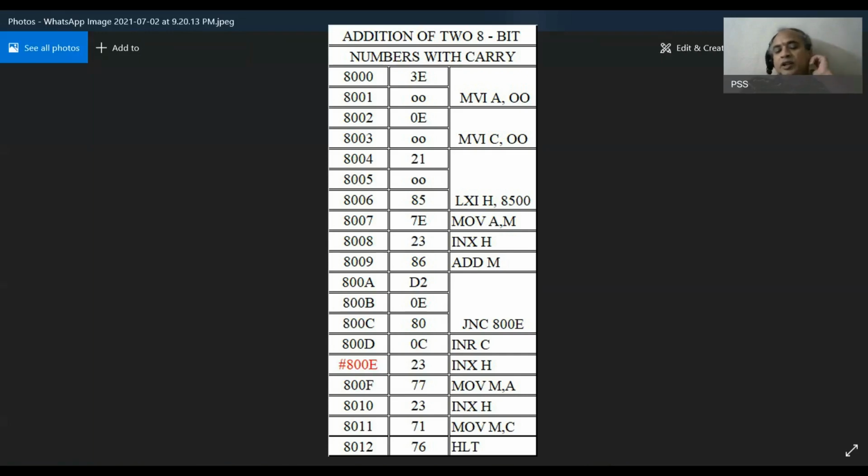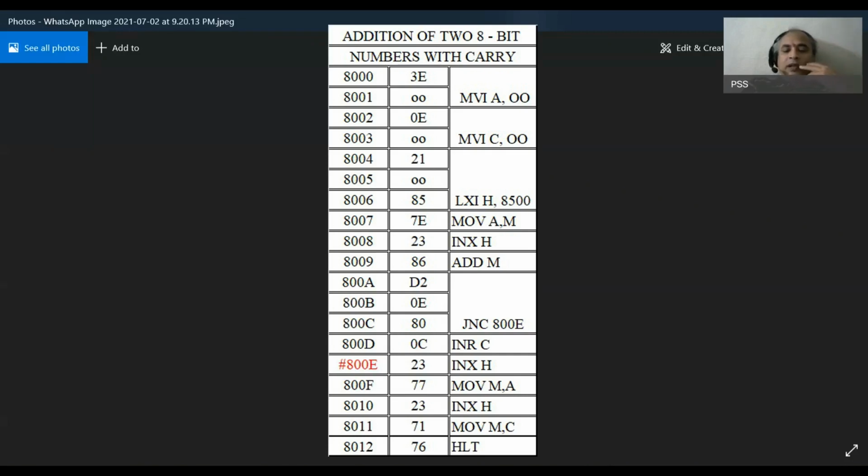By using the instruction MOV M, A, the result which is present in the accumulator would be moved to the memory location M. After this, what should we do? Again, we have incremented here. Why? Because you have to display the carry also. In this program, it is so designed that we'll display the carry. So if it has carry, that carry is to be displayed.